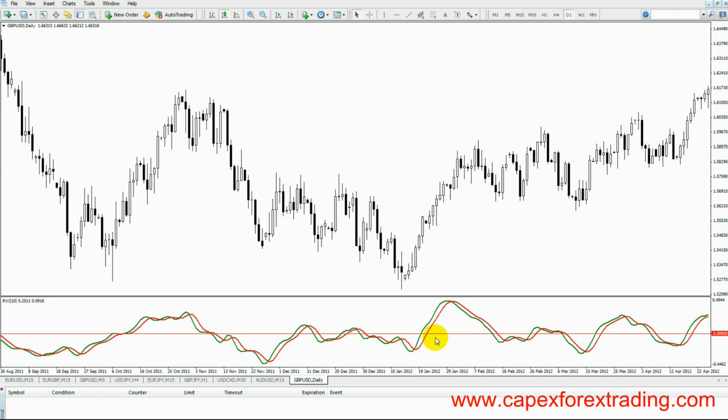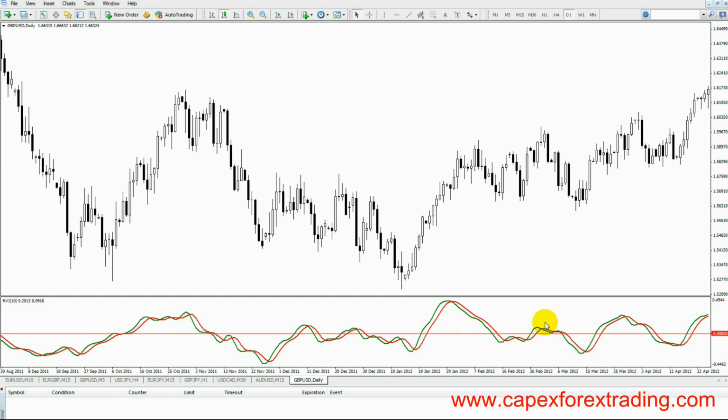So basically in this method, what we're looking for is for the RVI to be on the right side of the zero line. So when we're trading upwards, we need the RVI to be above the zero line. And when we're trading downwards, we need the RVI to be below the zero line. And realistically, that is as complicated as this method gets. But remember, the same rule applies with the lower highs in a downtrend and the higher lows in the uptrend. The only difference is that you now have to wait for the RVI to be on the right side of the